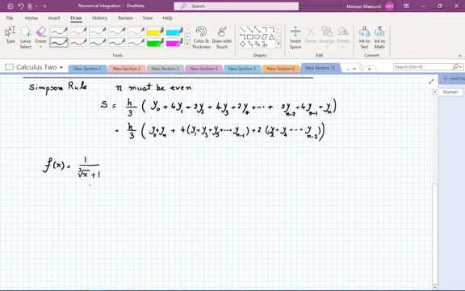Okay, so if I want to calculate this integral, say from 1 to 9 of f of x dx, so if you want to approximate the integral, which is given by this, by using Simpson's rule